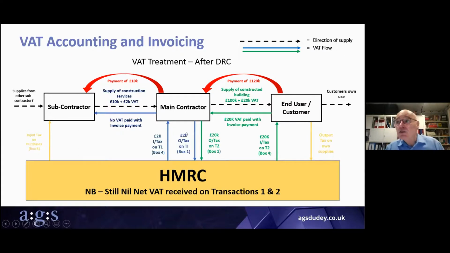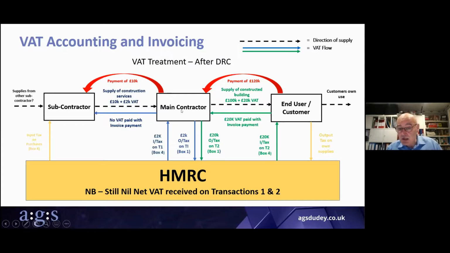After the reverse charge, this is how it looks, because the big difference is here. The subcontractor is invoicing 10,000 across. There is 2,000 pounds VAT, but that's not charged, it's just shown as a notation on the invoice. They pay just 10,000 to the subcontractor, and in a sense, he's done at that point. The main contractor, in this case, who has received it, now has the responsibility for both declaring the output tax in box 1 of his return and recovering it in box 4. So it goes around.